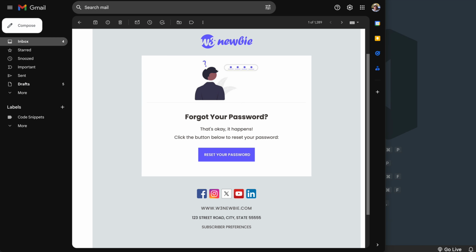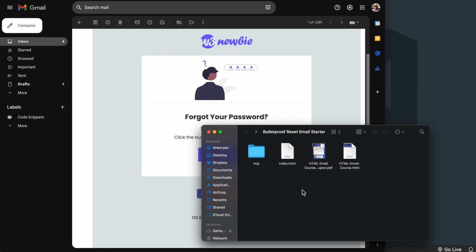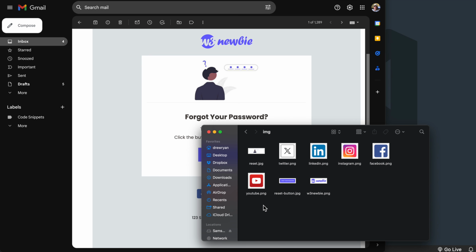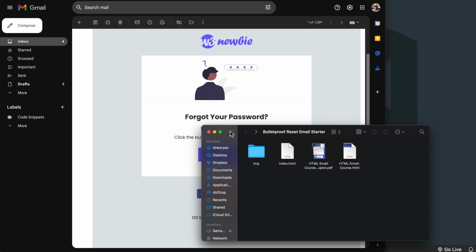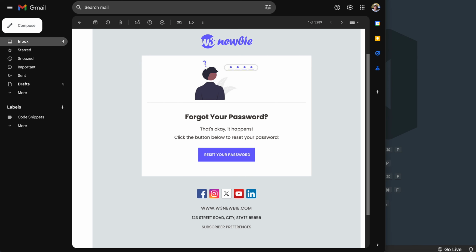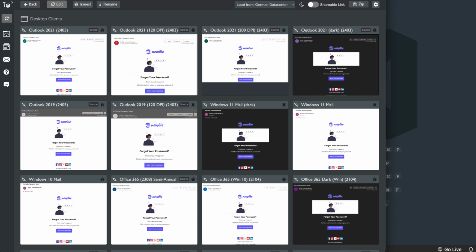So in the description of this video will be the starter files download that I've created to get us started with the tutorial, which has an index.html file as well as the image folder, including all of the images we'll use to build the template. You'll notice that the button is actually an image, so I'm going to cover the difference between a button with HTML and an image briefly later in the course. But for now, let's take a look at how it's going to render across 123 email clients that are provided